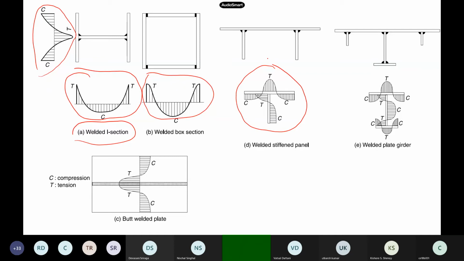If you are doing compound sections or built-up sections, this problem is much more severe, because people will be doing welding at the site, and the cooling temperature is not in our hands. There are guidelines on how to handle this and what type of stresses will be there, so that you account for this in our design.